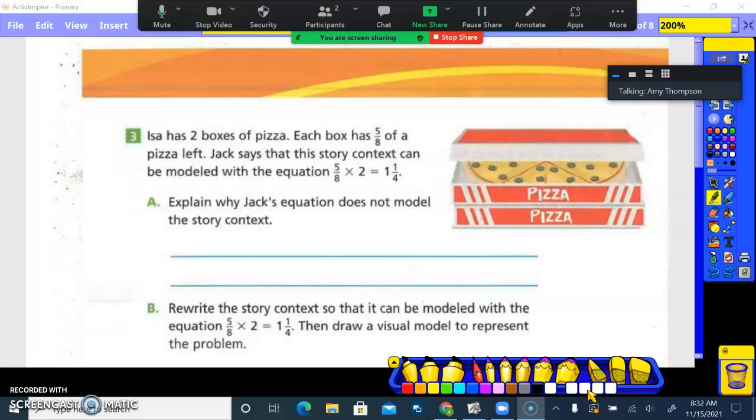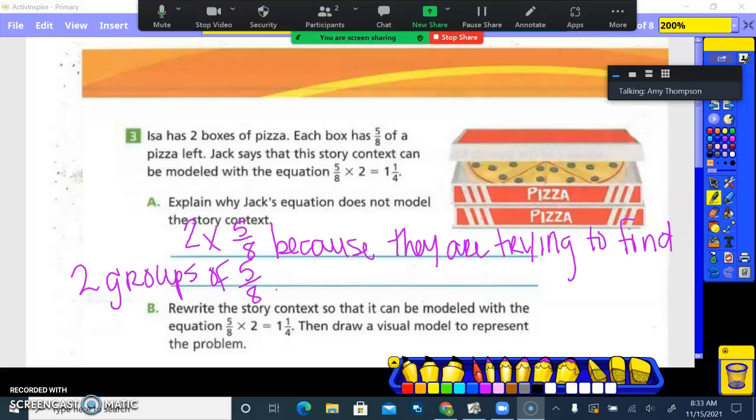So this kind of goes back to that first share, or whatever they're called, the turn and talk. Okay, so basically with multiplication, you can interchange the numbers and you're still going to get the same answer, right? Okay, but why wouldn't it work to have it 5/8 times 2? Which way does it actually need to be written? So we said it would need to be 2 times 5/8 because they are trying to find 2 groups of 5/8 and not 5/8 of 2 groups,